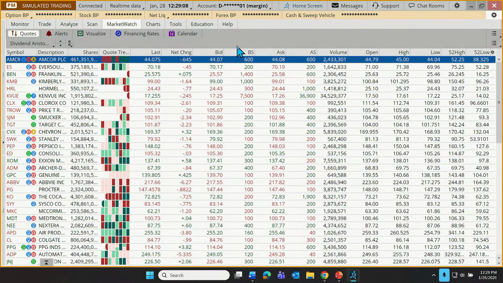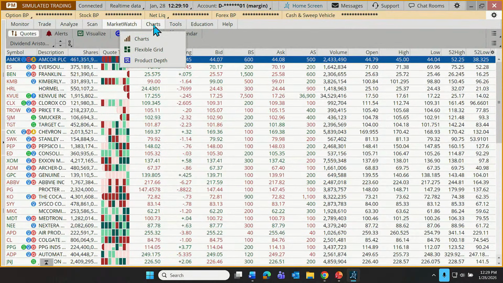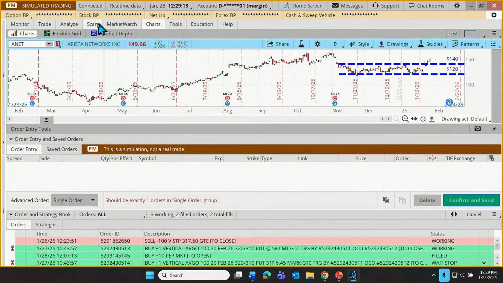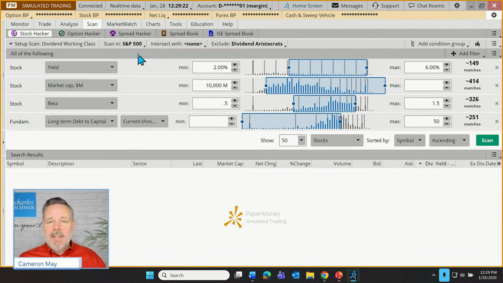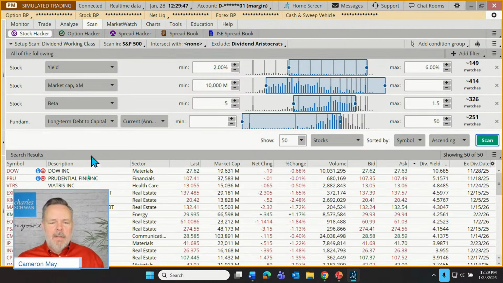Now, one final thing I wanted to show you is that even if we've built a search, let me go to my scan. I didn't intend to go to charts. Let's go to scan. And if you've been attending any of my other webcasts, I actually have a webcast series called Investing in Dividend Stocks. In that series, we built a scan to look for something that I call the dividend working class of stocks. They're kind of like dividend aristocrats, but they're outside of the S&P 500. So we built a little basic scan here. And if I run that scan, I get a list of results here.